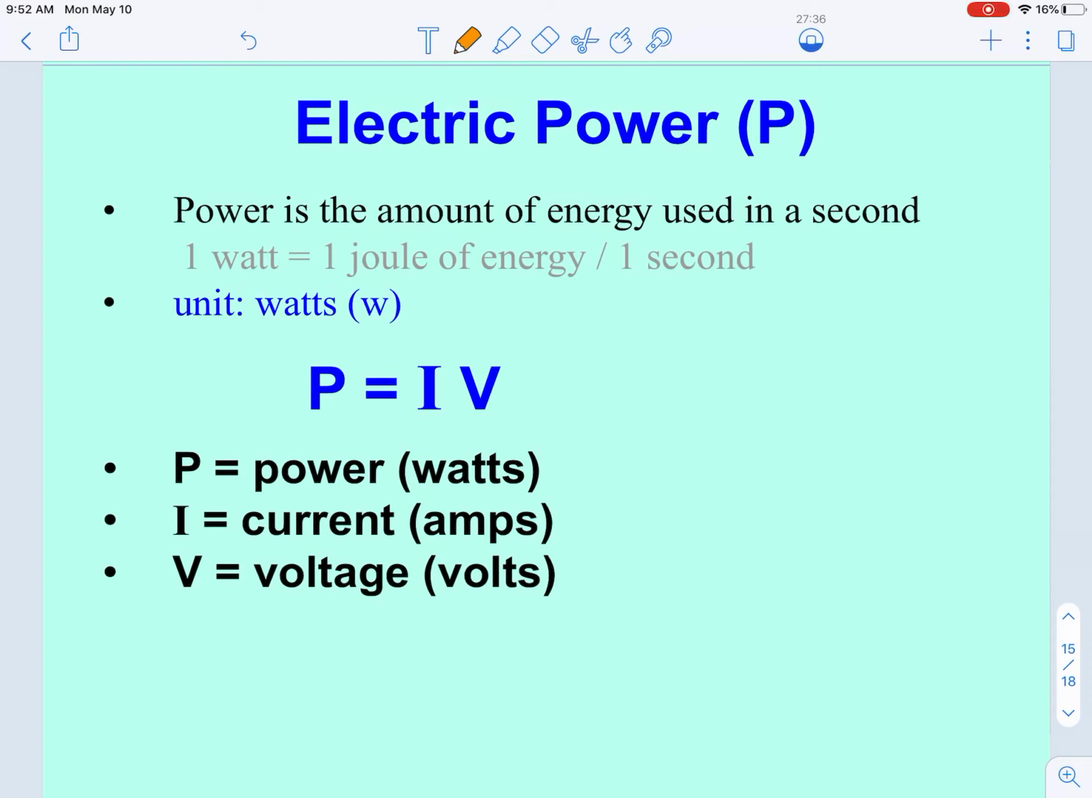We have one last equation for today, and this is P equals IV. We've already learned about power in previous chapters. This is how much energy is used per unit of time. So we originally described it as joules per second, and it means the same thing. Power, remember, is measured in watts, so we're going to have a capital P for power,